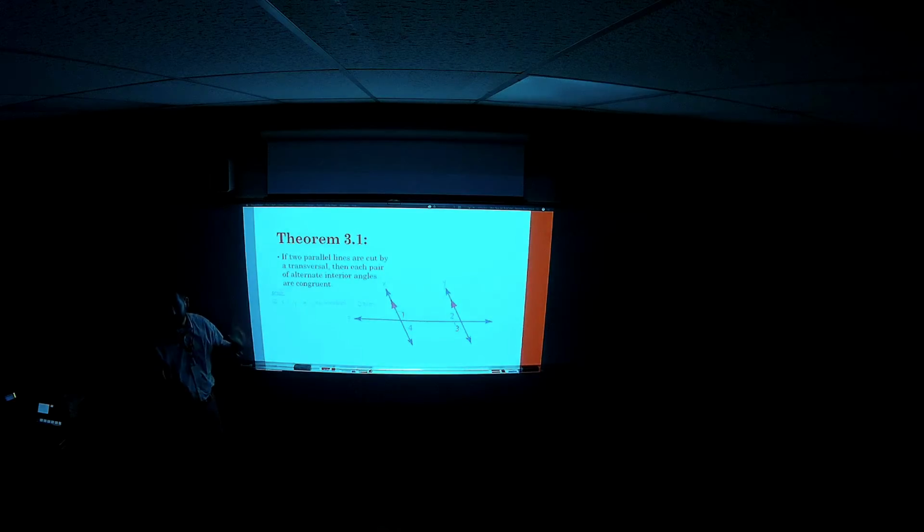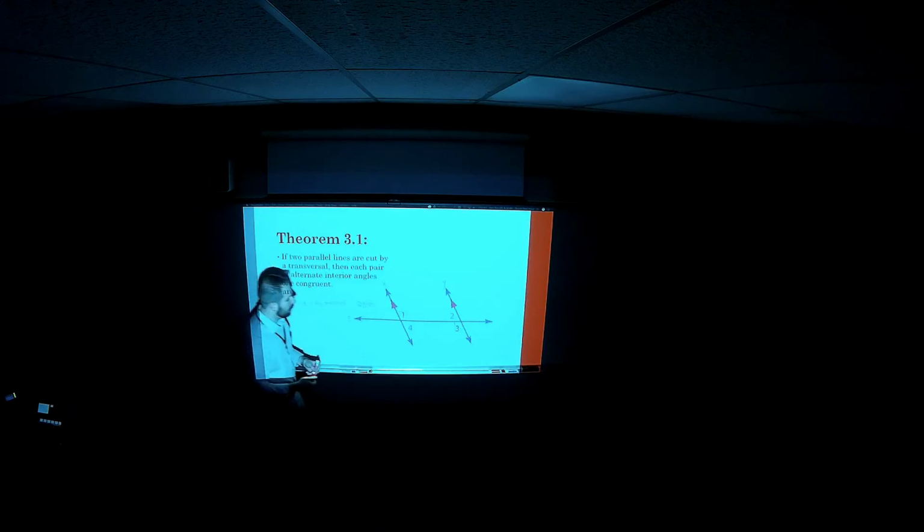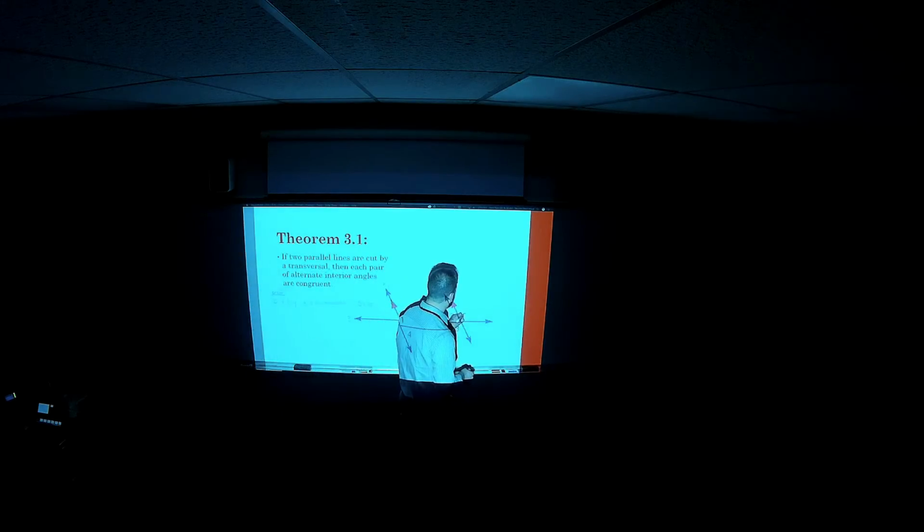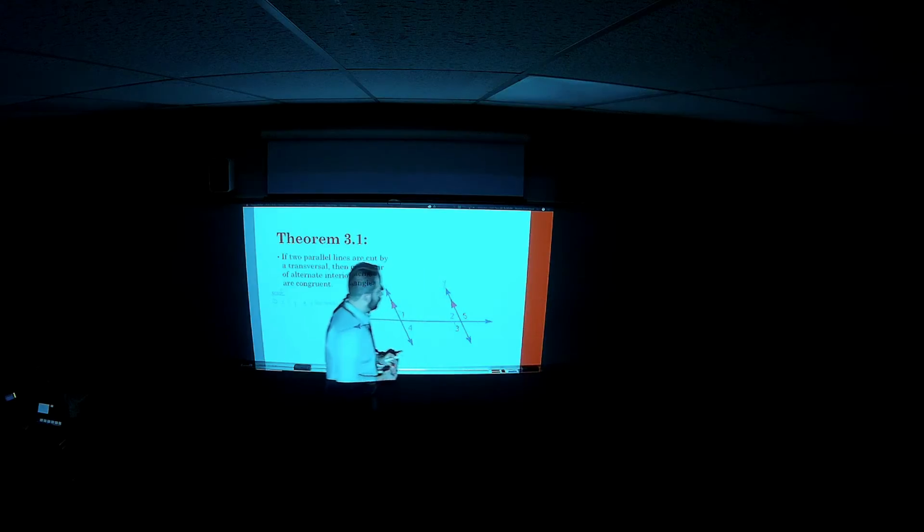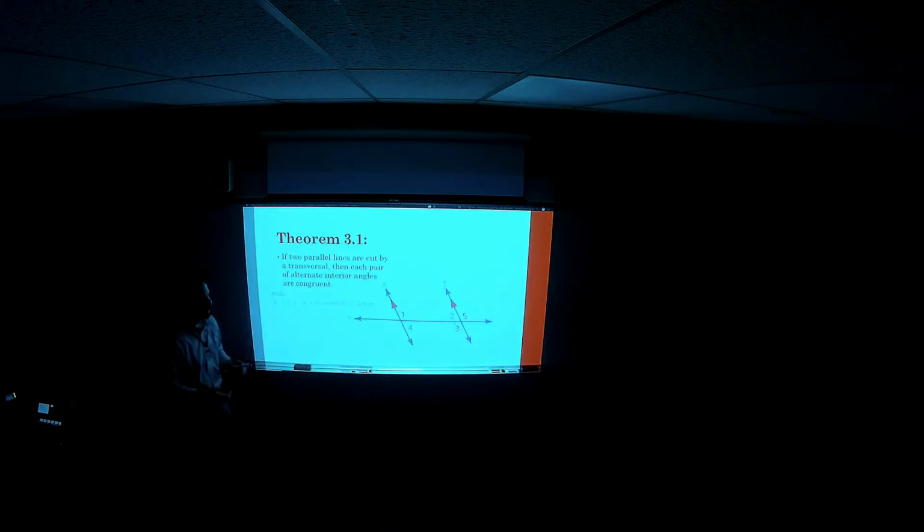Now, what we're trying to show in the very end, last step, is that angle 1 and 3 are equal. That's what we're going to try to show. Angle 1 and 3 are the same. Now, we're going to start with the obvious fact. I'm going to throw an extra angle in here. I'm going to throw angle number 5 in here. And that's going to be an exterior angle. Okay. Now, if you look at that picture,